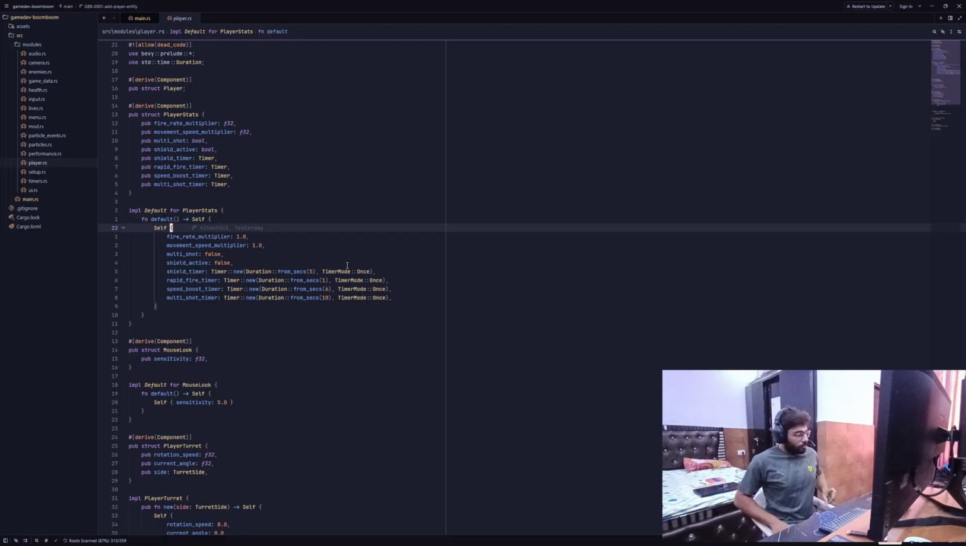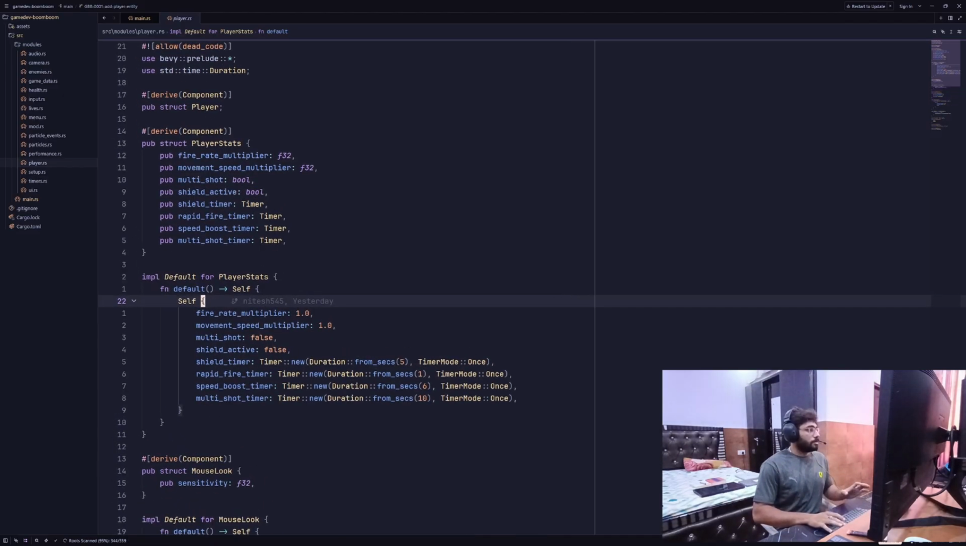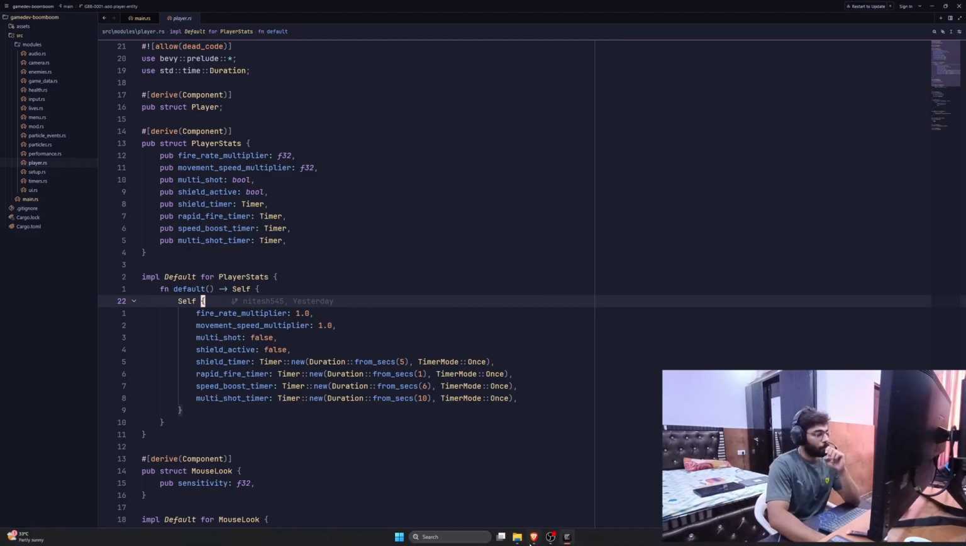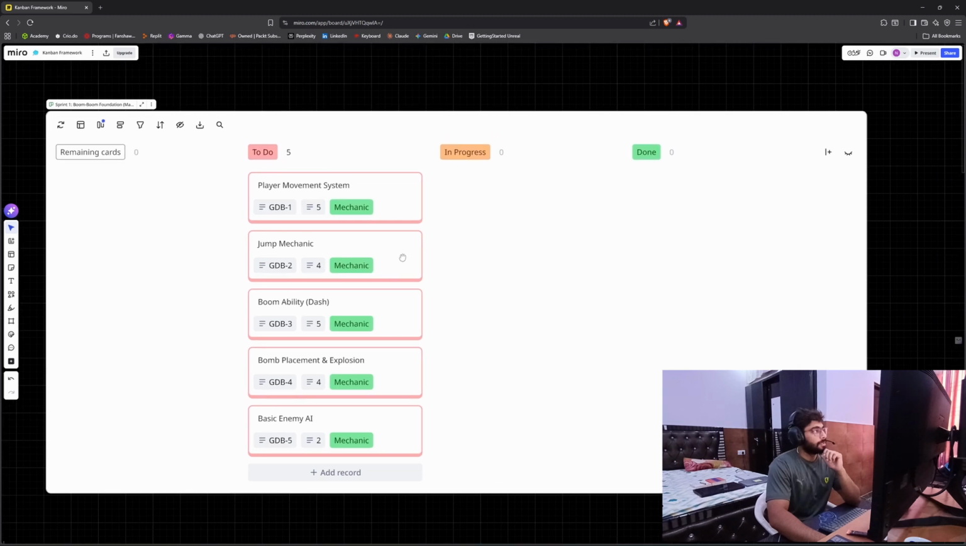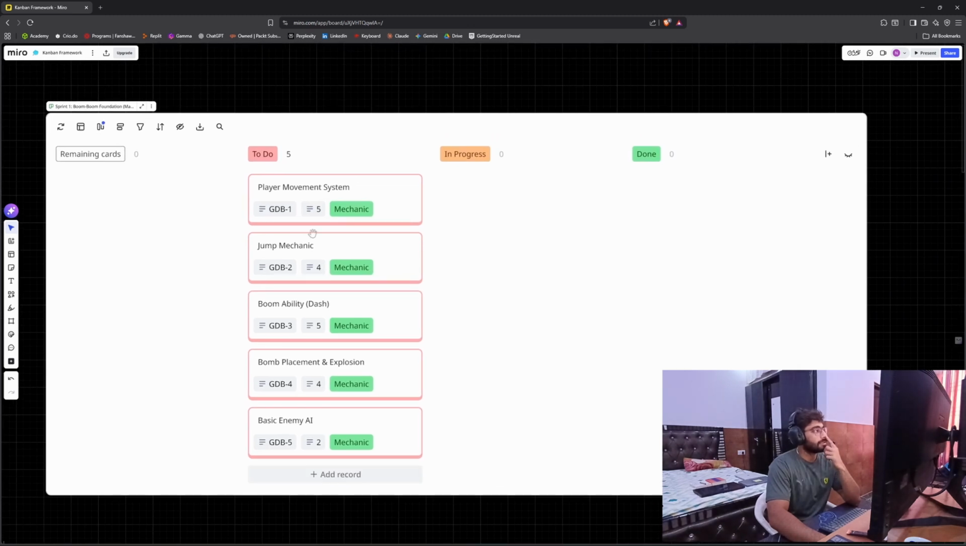This should give a lot more visibility. Here we are. So I divided the tasks, and we have now this Kanban system. GDB stands for Game Dev Boom Boom. So what we have is